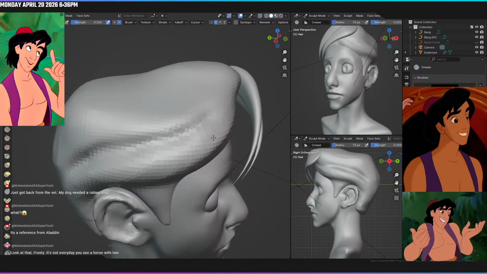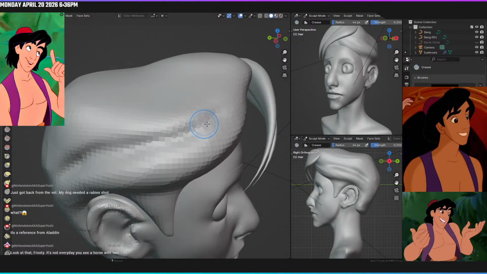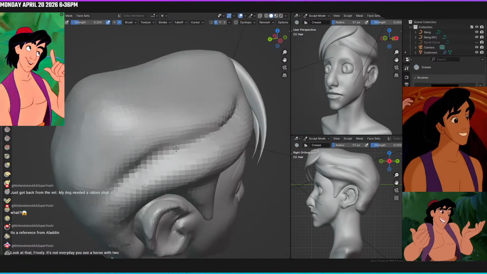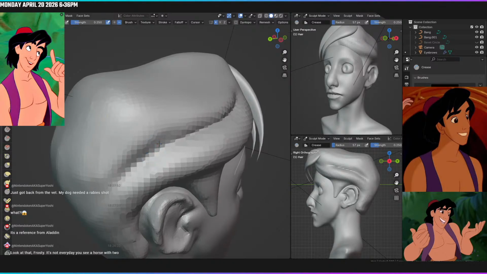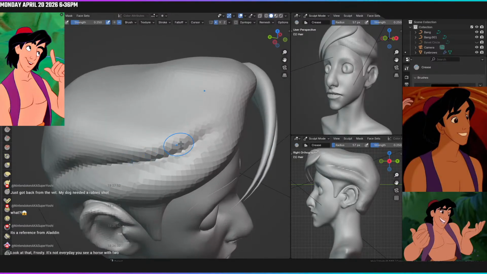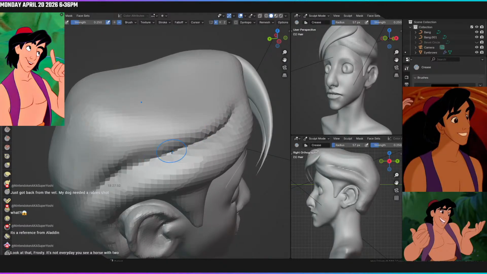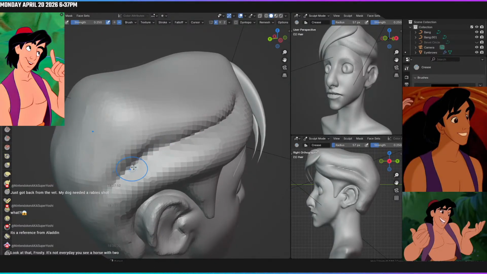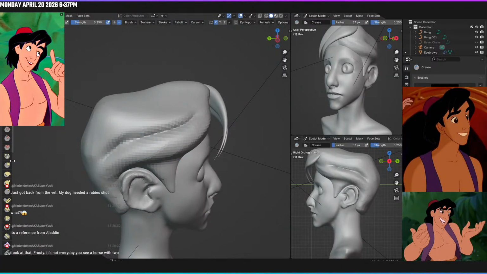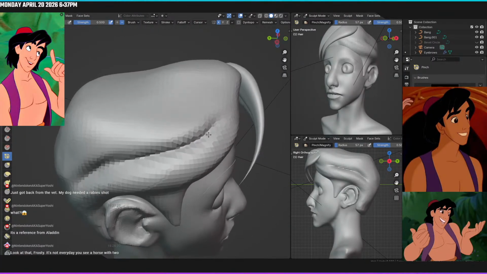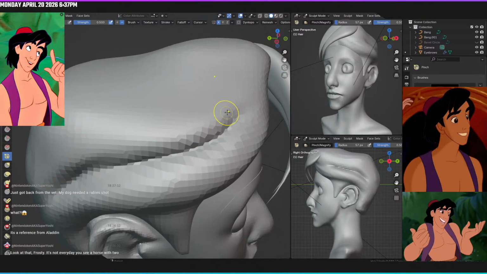I also want to use the scrape tool. Now the creasing and pinching can add a little bit more definition in these little lines, which I think is one of the key components present in the Draw Sharp brush, because that was relatively new. I think Draw Sharp was added in Blender 2.8. Then the pinch brush just brings everything tighter together, especially the edges, but